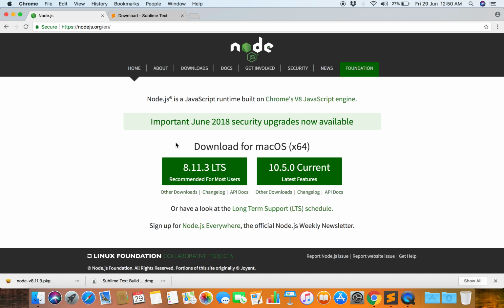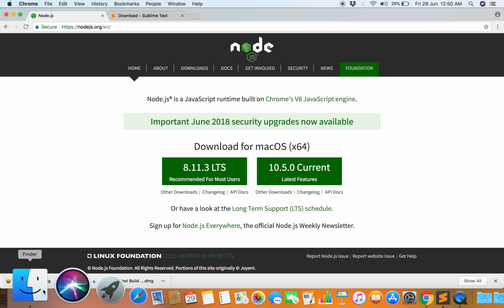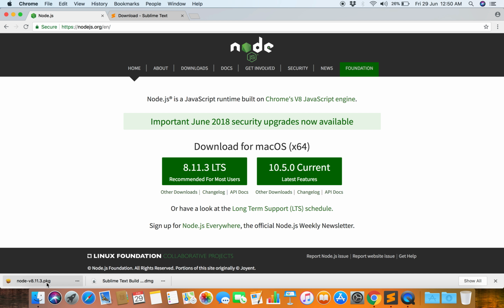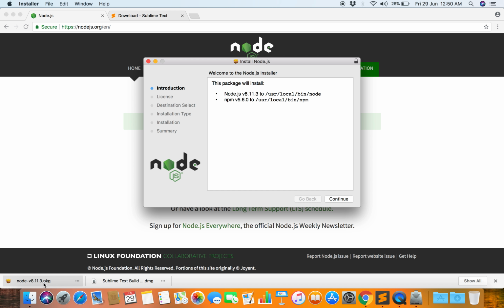So then click here the current version of Node.js, 8.11.3. So click here to download Node.js. So I have already downloaded it. Then this node 8.11.3 package is already downloaded. Click here,